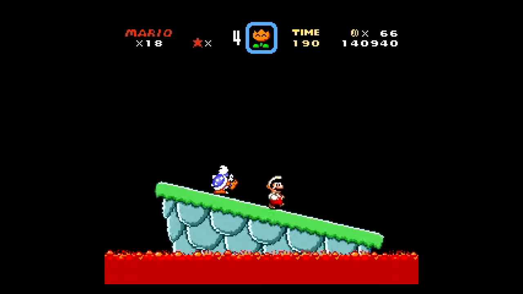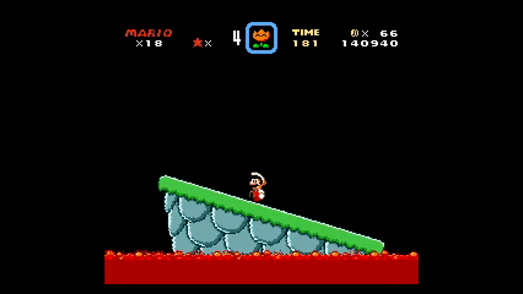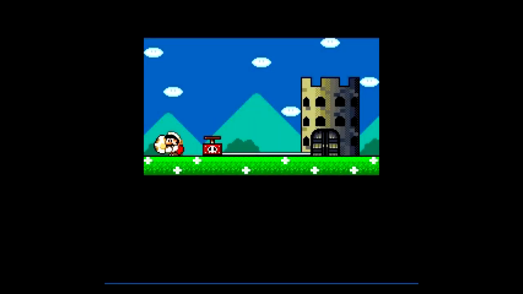Iggy's standing on a platform above lava trying to throw his ball at you. And your job is just to push him in the lava. Like the hero you are. You just push the child into the lava. Great job, Luigi. We believe in you. And with that, beating the entirety of World 1, Yoshi's Island,